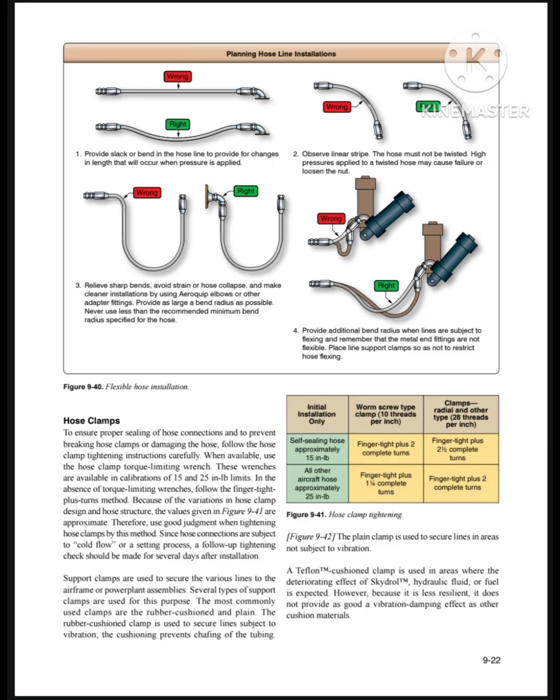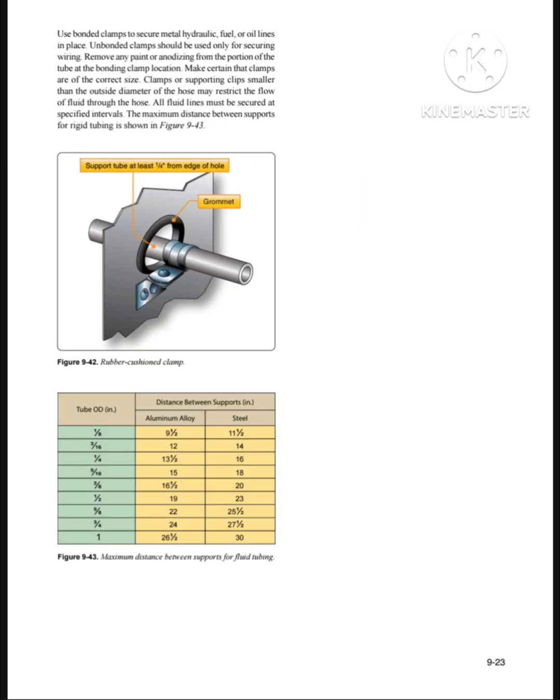For hose clamp tightening, self-sealing hose is approximately 15 lb, finger tight plus 2 complete turns, and finger tight plus 2 1/2 complete turns. It is shown in different types of clamps and radius. To support tube at least 1/4 from edge to hole, it is shown in the rubber cushion clamp and maximum distance between supports. And in this video we have seen the topics related to fluid lines and fittings, and in the next part we can see the